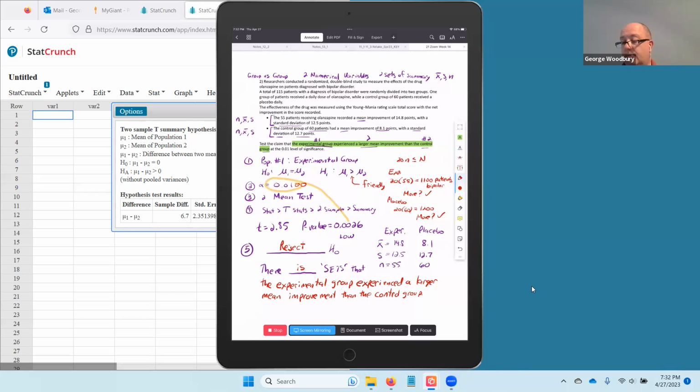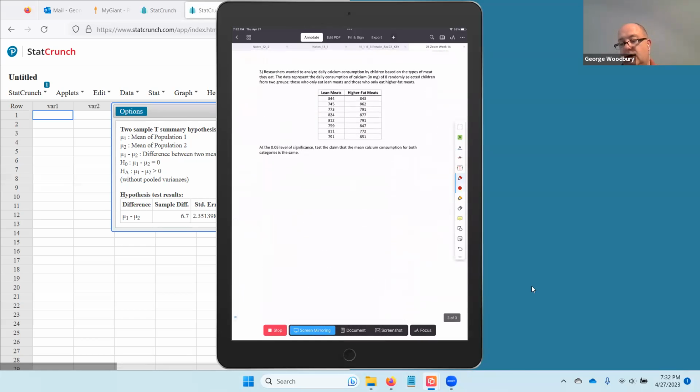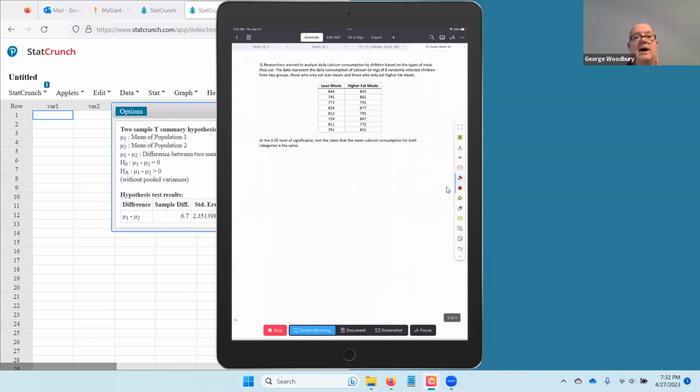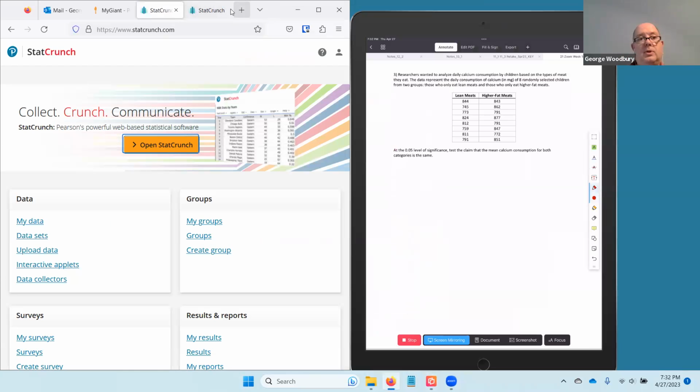Now, for problem 3, before we begin, I've typed the data for this problem into StatCrunch and you have access to it. So let me show you how to get that. I'm just going to go back to the main StatCrunch screen, which I still have open here. So let me get rid of this tab. I'm going to go to my groups,